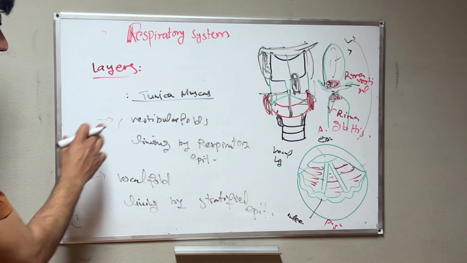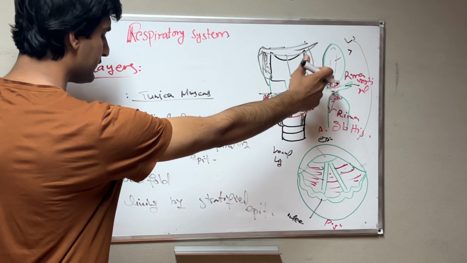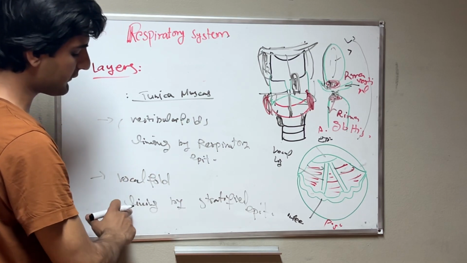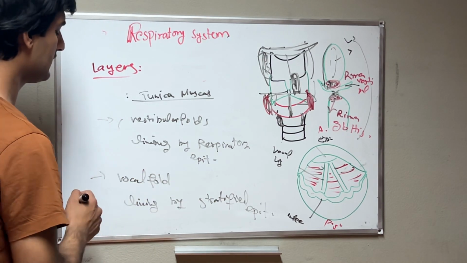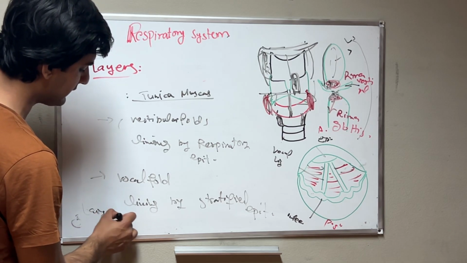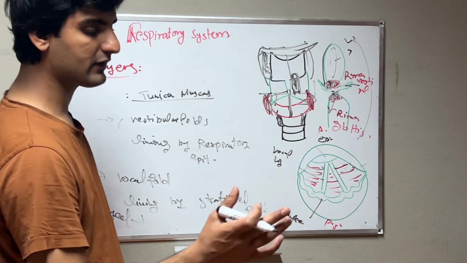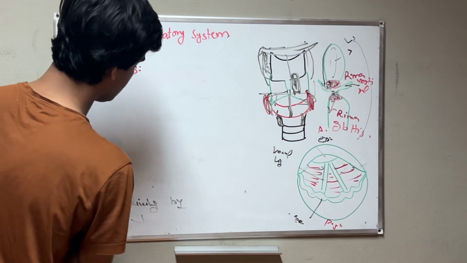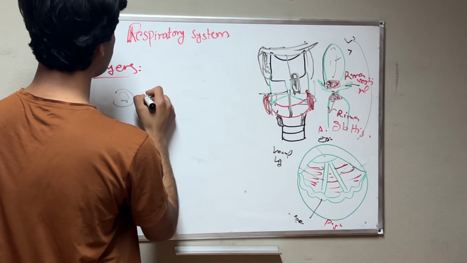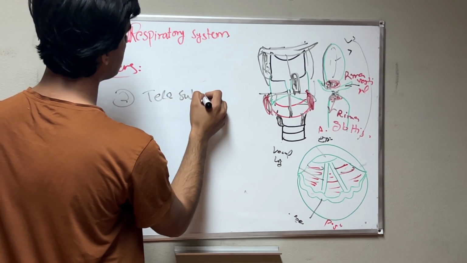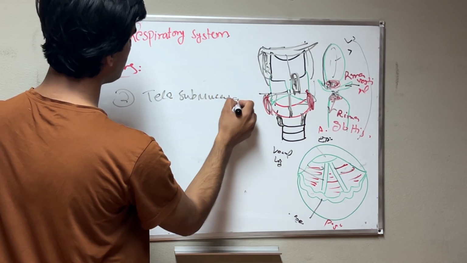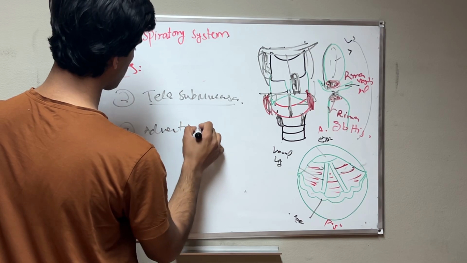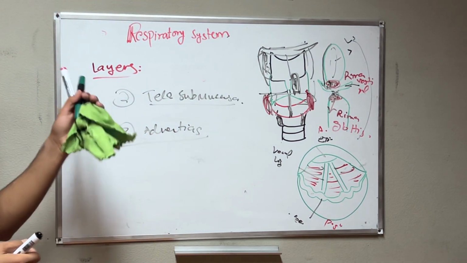Okay, histology information. In the tunica mucosa, we have 2 folds which we know in the larynx: vestibular fold and vocal fold. Vestibular fold is covered by respiratory epithelium and vocal fold is lined by stratified epithelium. And there we have laryngeal glands, and these produce mucus for lubrication. Next, the second layer we have is tela submucosa. And third we have adventitia. And about the muscle layers and cartilages,